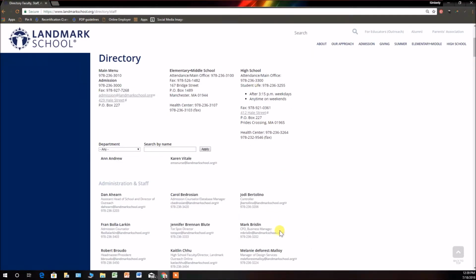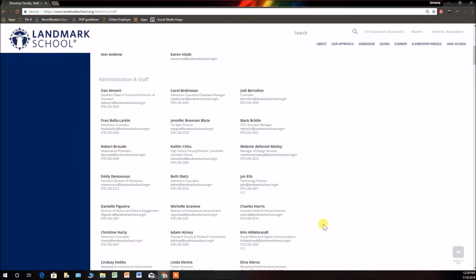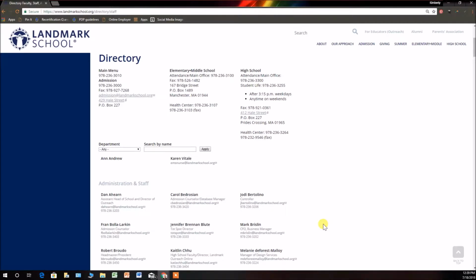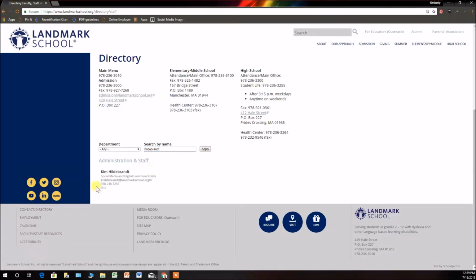If you scroll down, you'll also notice that we have all of our administration staff listed. This can be a little bit overwhelming. So let's say that you wanted to find a specific person and you didn't want to scroll through. So you could just type in a name. So I'm going to type in my name, Hildebrandt, apply, and it should pop up with any names that match